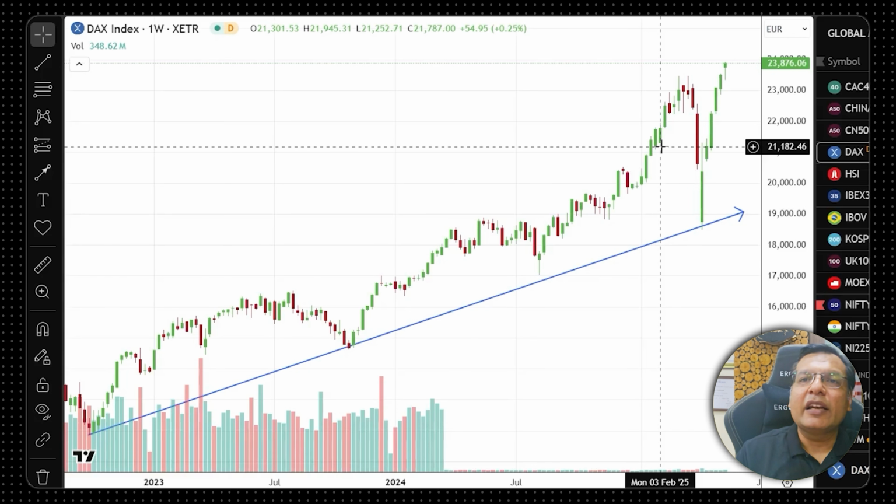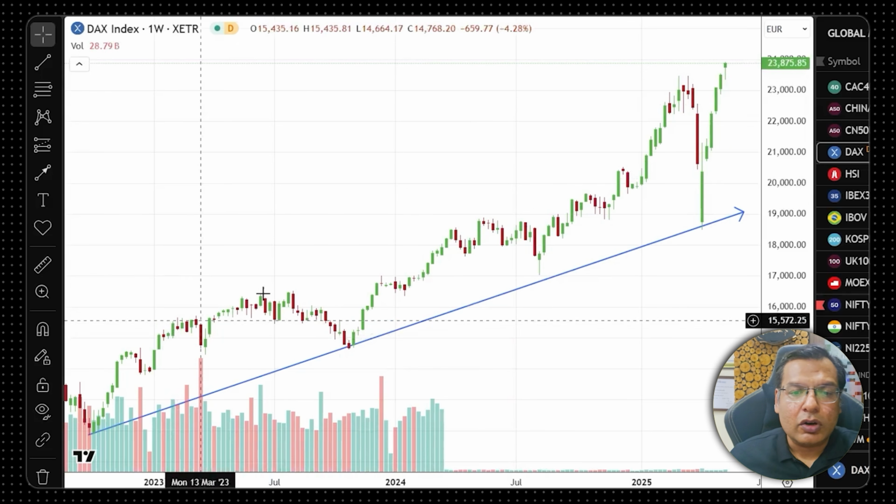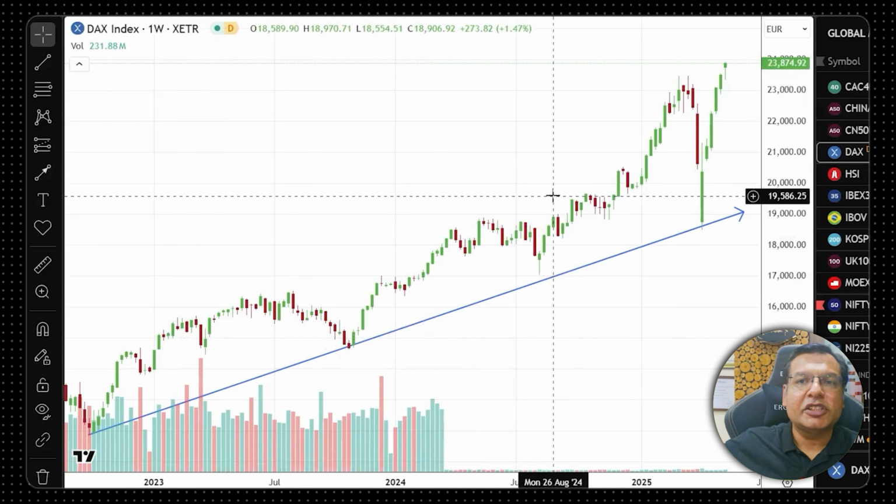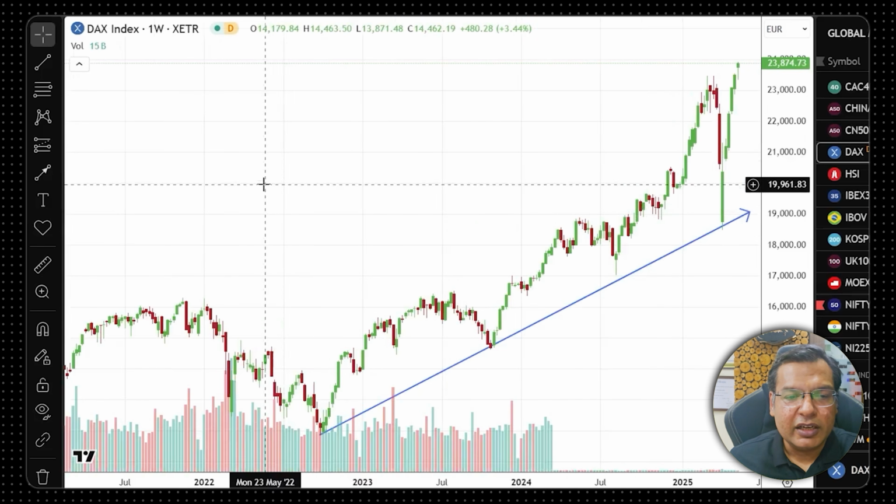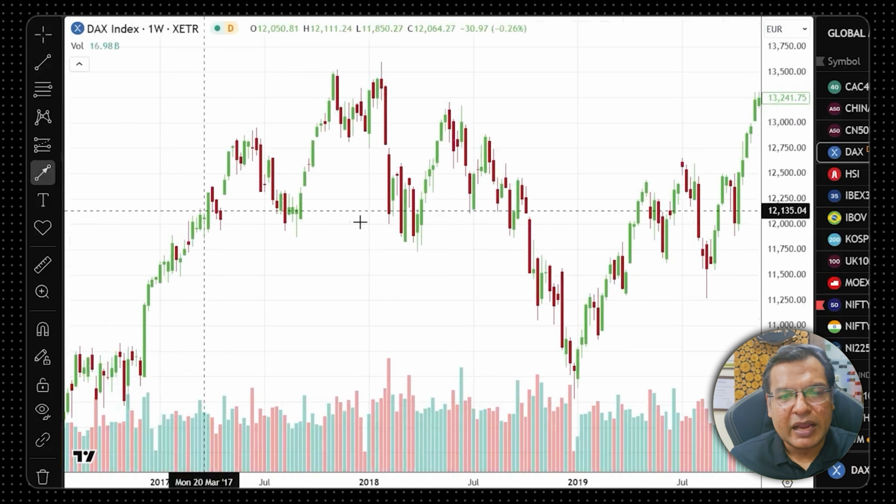And even in swing trading, we should always trade in the direction of the primary trend. So, this is called the primary trend, when the bigger picture, when the bigger trend is up. Similarly, look at this phase. This is a primary downtrend,